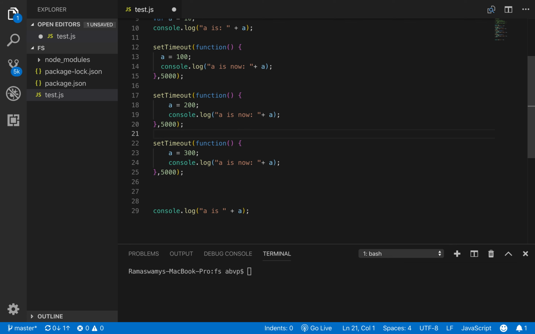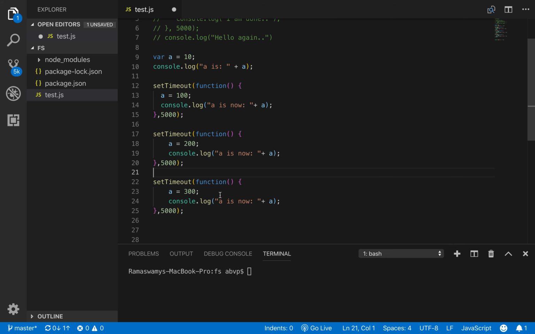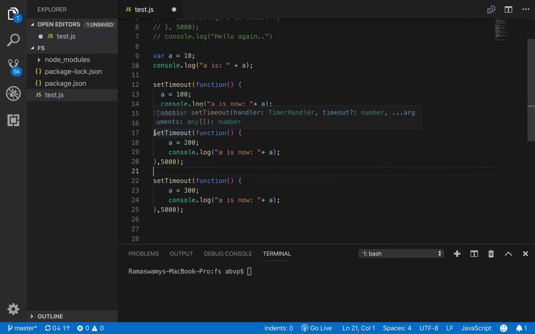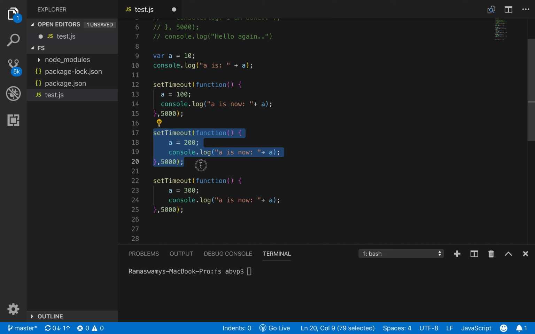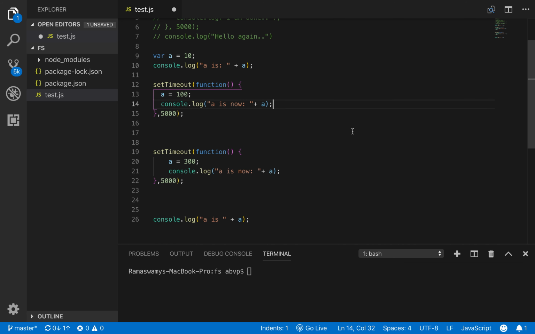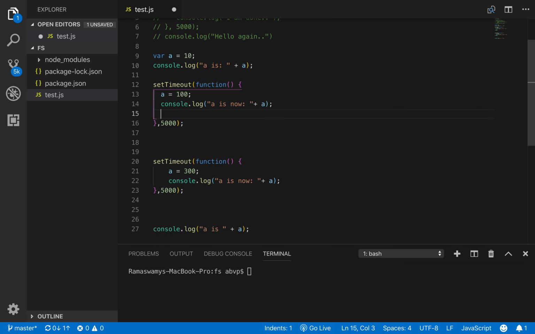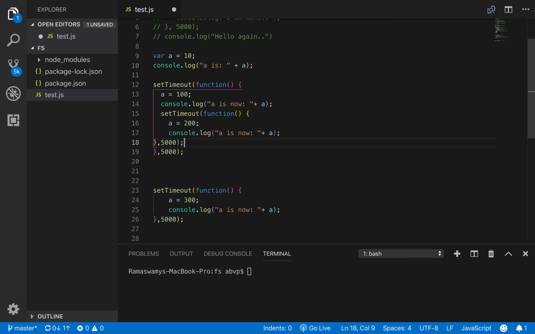not guaranteed. In order to maintain the order, the asynchronous functions must be nested. So what you generally do is you nest the function calls. So you take this and you nest it within the first function call. Alright.